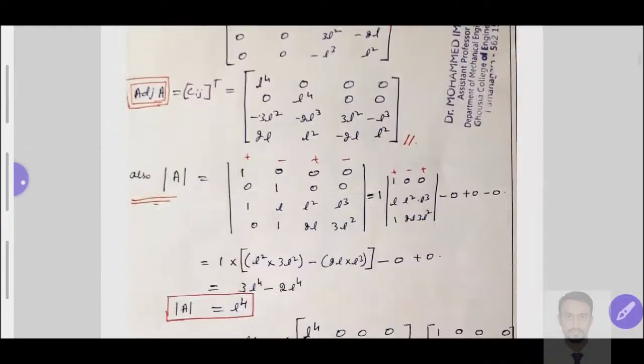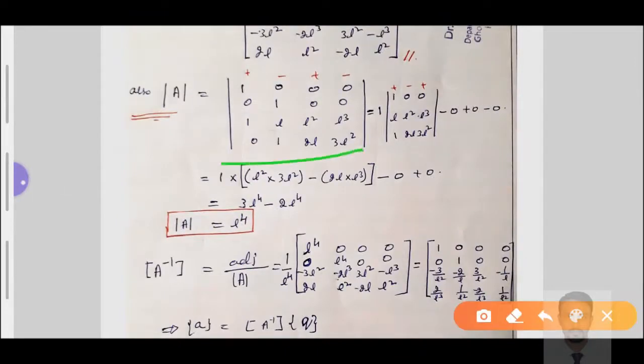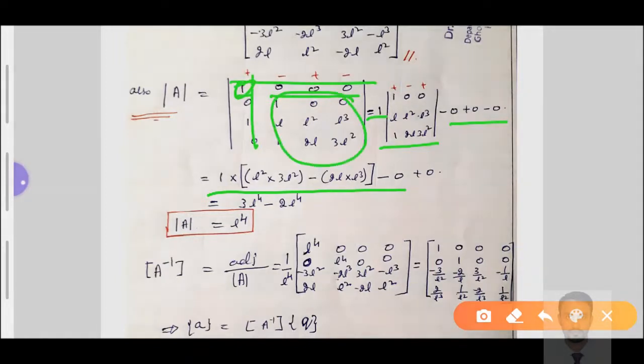The determinant of that we know very well. For the determinant of this one, we take plus-minus 1 into this value. The rest are zeros, so the rest of the values will become 0. We are not supposed to take them; just take 1 into this value, eliminating the first row and first column. If I take the next row, 0 into these values, anything multiplied with 0 is 0. The rest of the column contains 0, so the rest of the values will be 0. Only this dependent value we have, this one. So when I resolve this matrix, 1 into this one, I have taken as per the determinant rules.